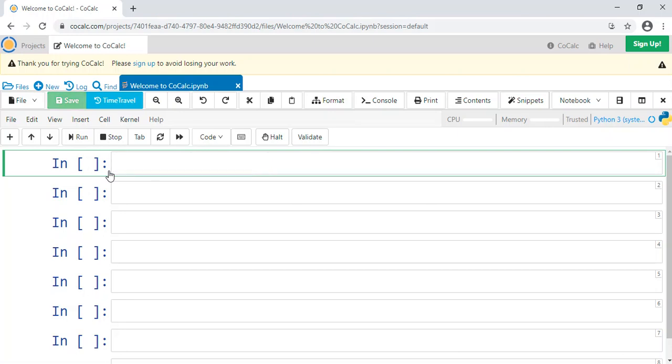But the good news is that since we're on CoCalc, it already has SymPy installed, so all you have to do is import it. And so when you import a library like SymPy, you can either import everything at once, or you can choose specific things to import. And broadly speaking, there's 4 ways to import SymPy that I want to show you.